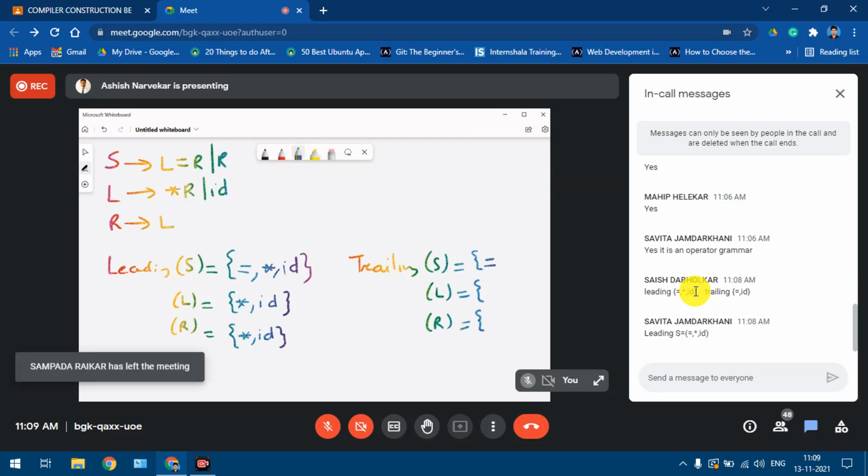But trailing of R we cannot find, because for that we require trailing of L. Trailing of L is star and ID, and trailing of R will be equal to trailing of L, so star and ID. And as per the rule, it will be star and ID.